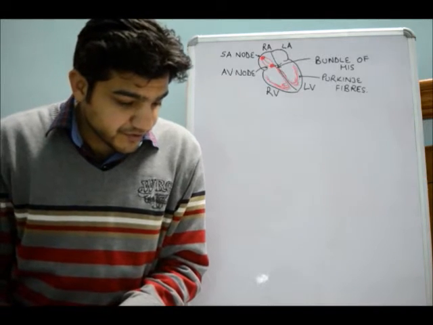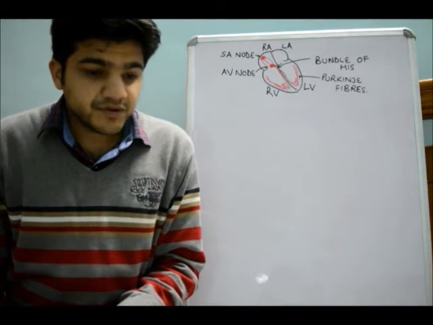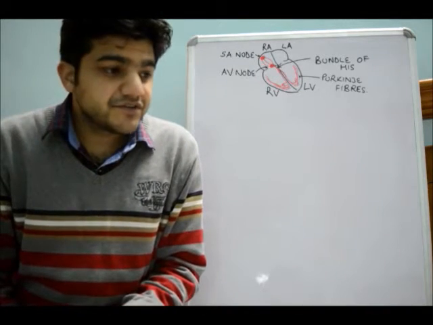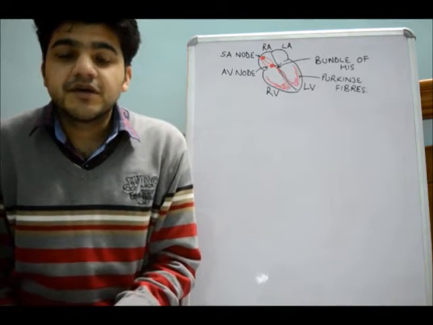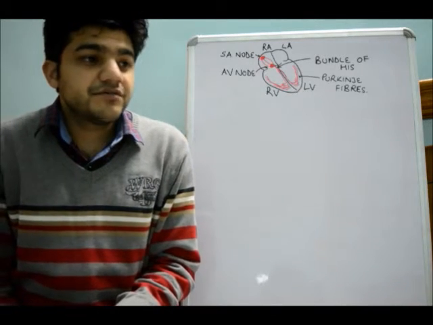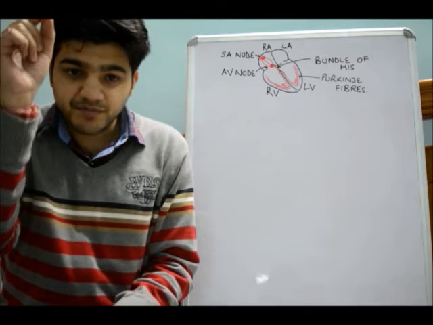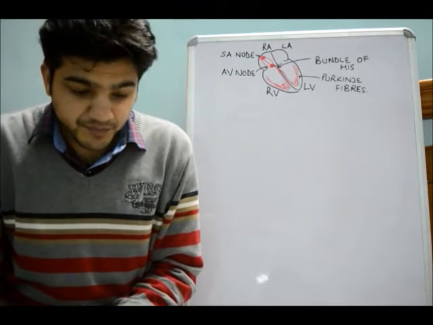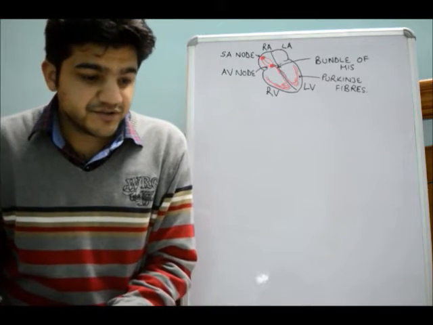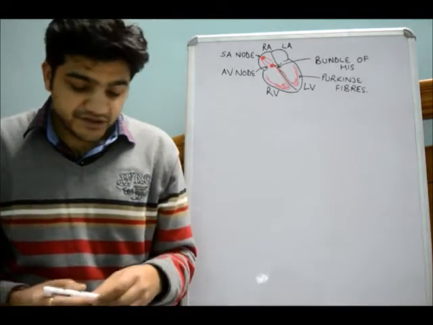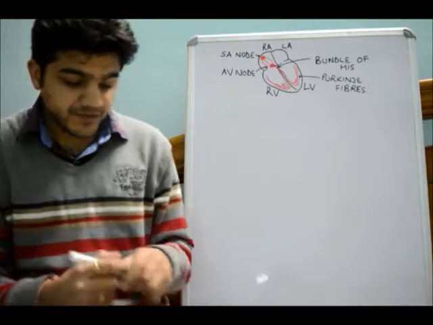So now if you look at the action potential, I have already discussed the nerve action potential, and you know that the nerve action potential is a simple spike. It goes up and it comes down, that's it. But in case of a cardiac muscle, there is a little difference, and generally the difference is that